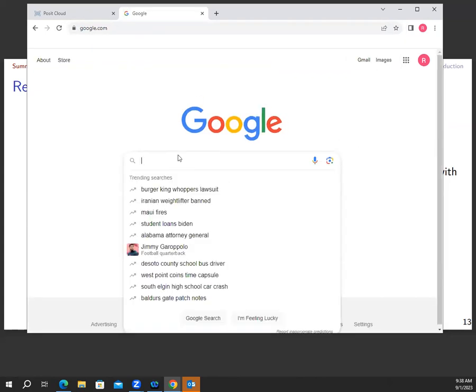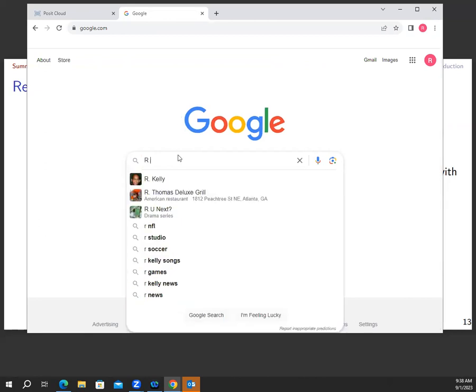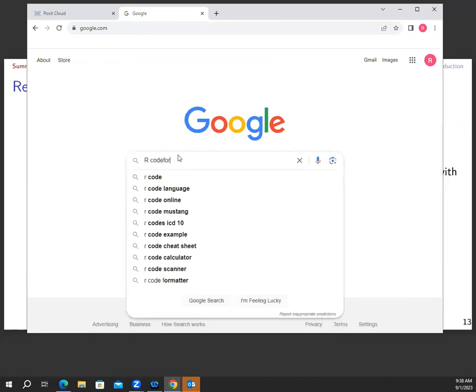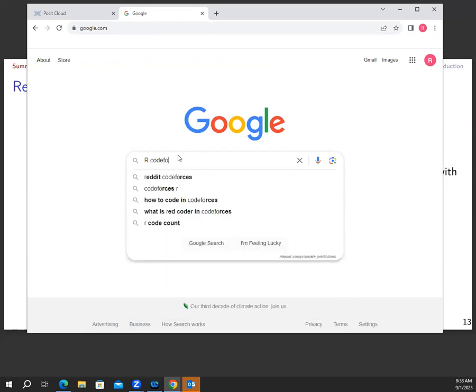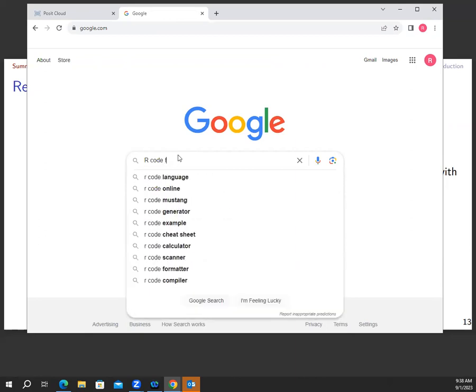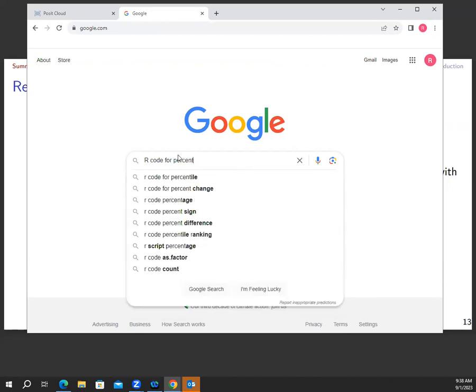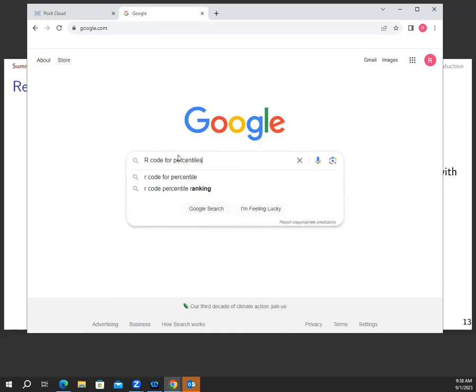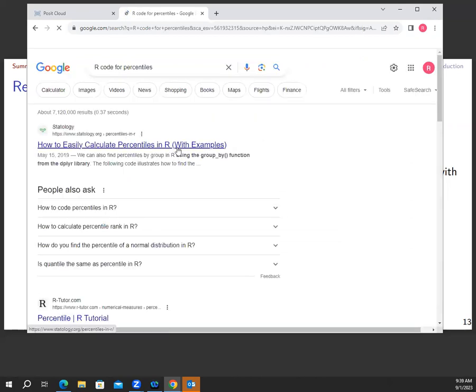Okay, so I haven't talked about it yet, so I say R code for percentile. There you go. So it's going to show how to easily calculate percentiles on